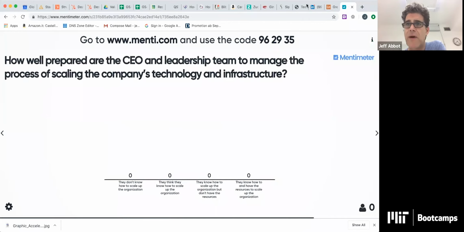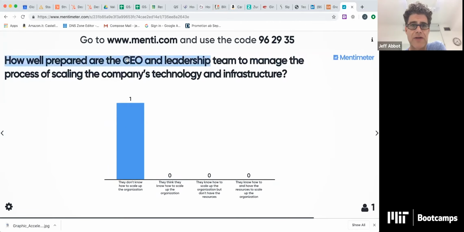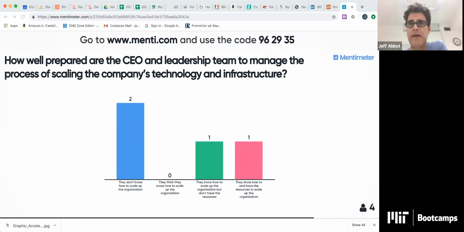Now, this final question is with regard to your ability to scale. So again, this is another self-reflective question for the CEO and the leadership team. How prepared do you feel you are to scale the technology and infrastructural piece of the organization? This is different from the prior question, which was more referring to you yourself, the formation of a team, the talent, the leadership ability, the quote unquote knowing what to do, strategic decision making.